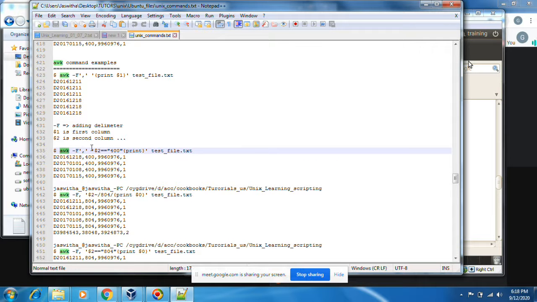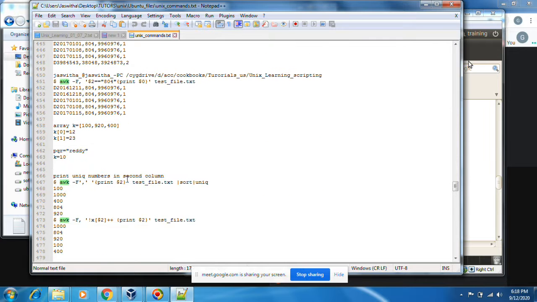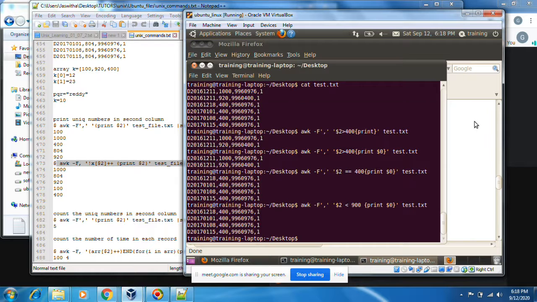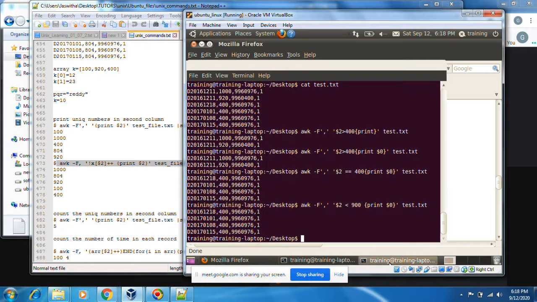In this, we have done all these things. If I want to print the duplicate records from that file, we can print like this.